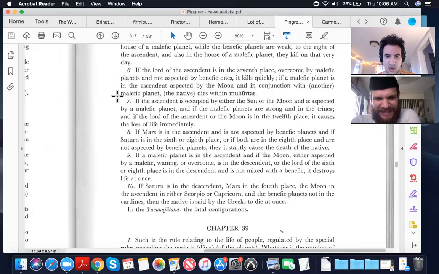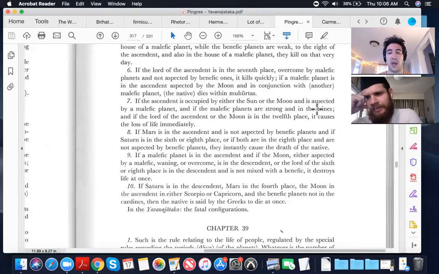Seven was interesting to me as well: if the ascendant is occupied by either Sun or Moon and is aspected by a malefic, and if the malefics are strong and in the trines, and if the lord of the ascendant or Moon is in the twelfth place, it causes a loss of life immediately. This idea of the trines is very illustrative of something I came to on my own: